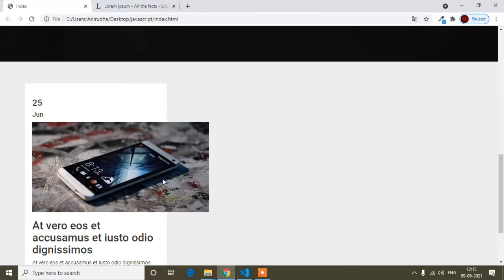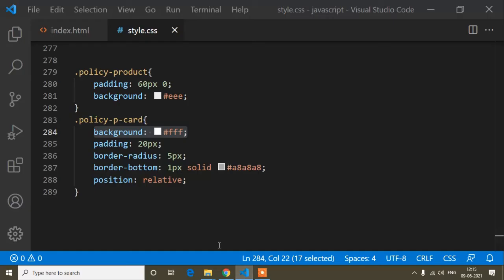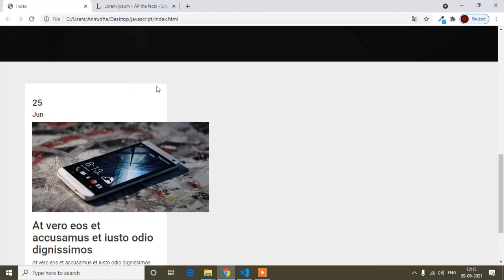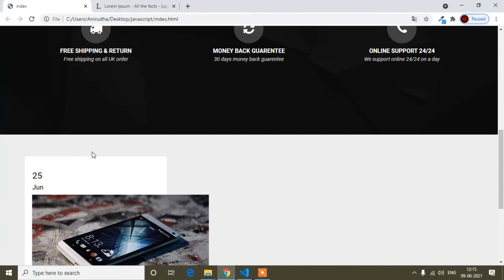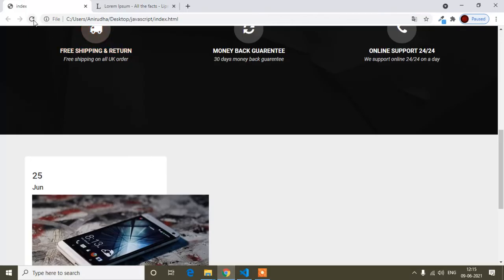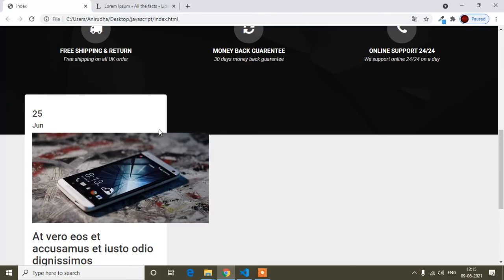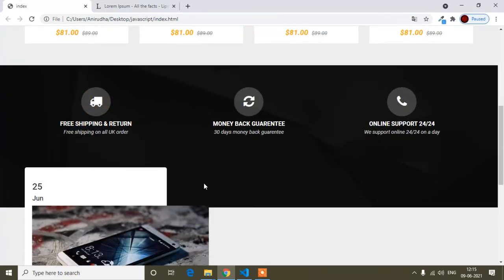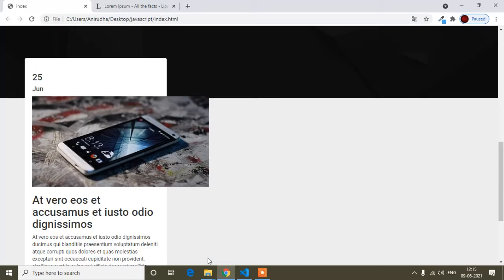And now guys, here I have added the position relative of this pcard, I mean this white color background, because this div I will bring into here. That's why position relative. And here I will set the top to minus 170 pixel. So if I refresh, here you can see this div starts from here, so that looks good. And so now this is done.